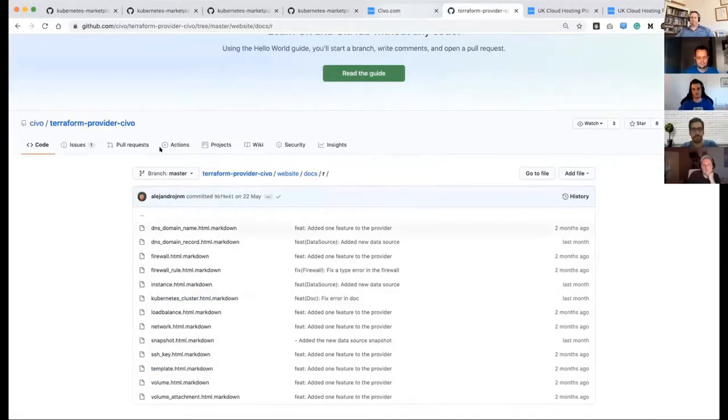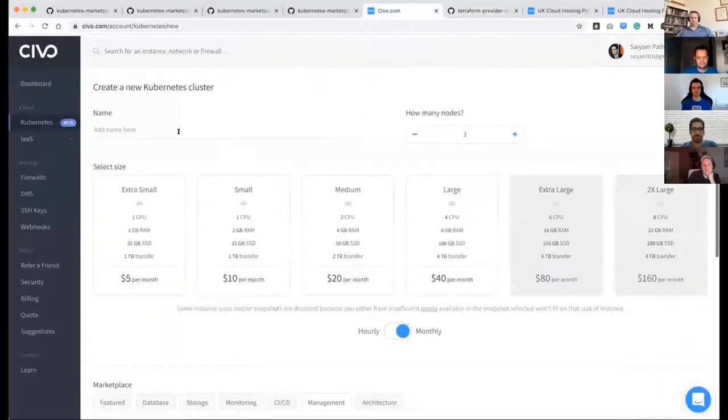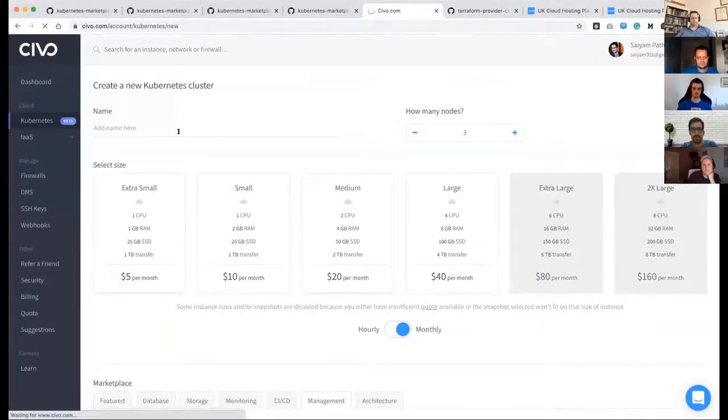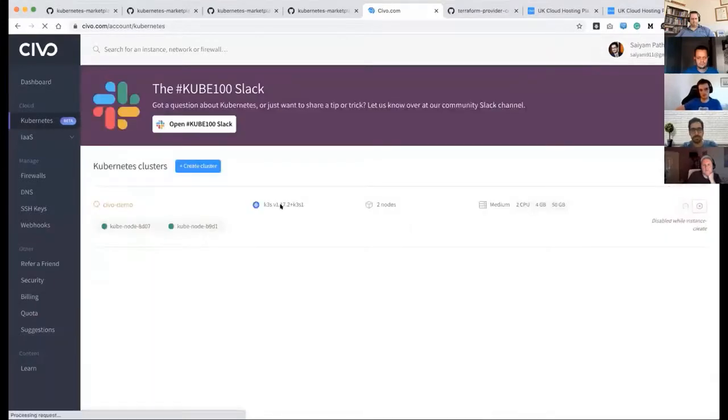If I go to the Civo website and do a refresh, I'll see that it's already creating a cluster, and it's loading. Yeah, so it's already creating the cluster with Kubernetes k3s v1.17. Once it is done, it will give you the output that the cluster has been created. It will also give you the kubeconfig file, but you cannot use it as it is. You will have to remove the \n's from that. I'll show you once it's created.